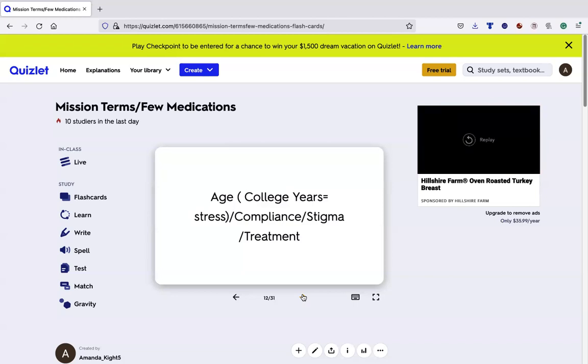The compliance part has to do with a lot of the time, and this is going to come up with the injection medication that I'm going to talk about for schizophrenia. It's an antipsychotic, which you do need to know. I believe, I can't remember, you're definitely going to see it on a test, but it'll be on the study guide. If it is compliance, we've talked about that.